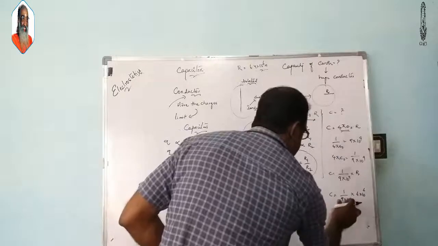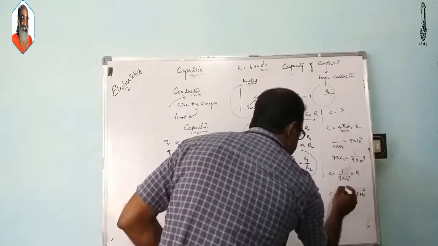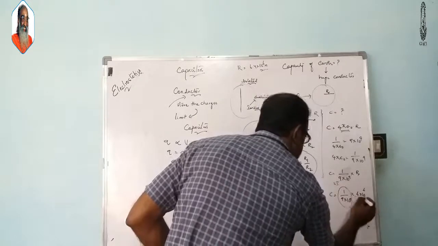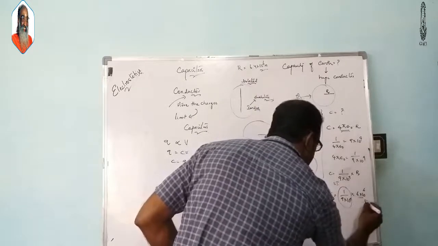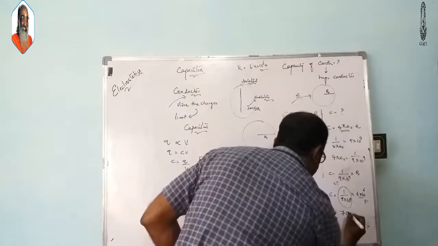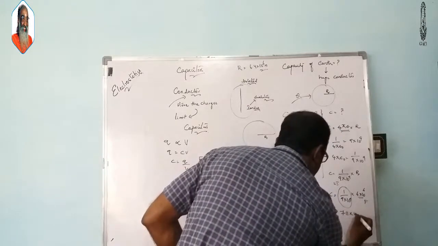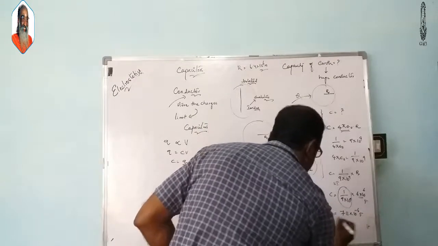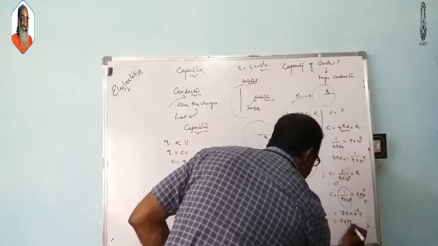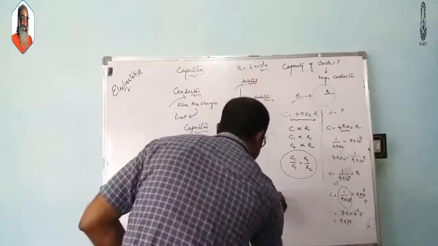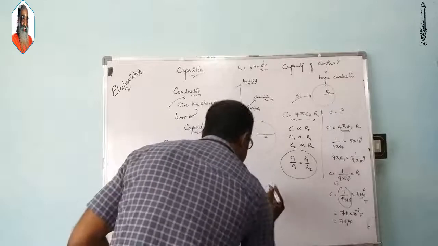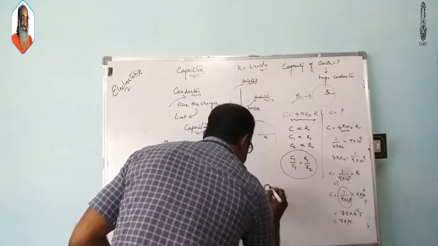So this is an SI unit. If we take this, it means that we are doing the problem in SI, and this is in meter. So your answer will be in farad. You are going to get it as 711 into 10 to the power of minus 6 farad. So it will be equal to 711 microfarad. So what is the capacity of Earth?